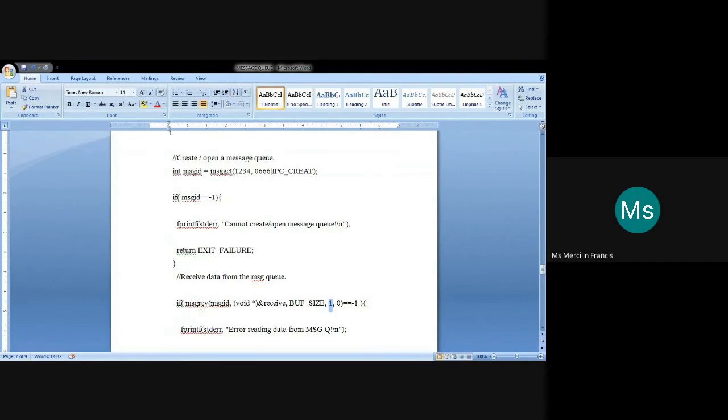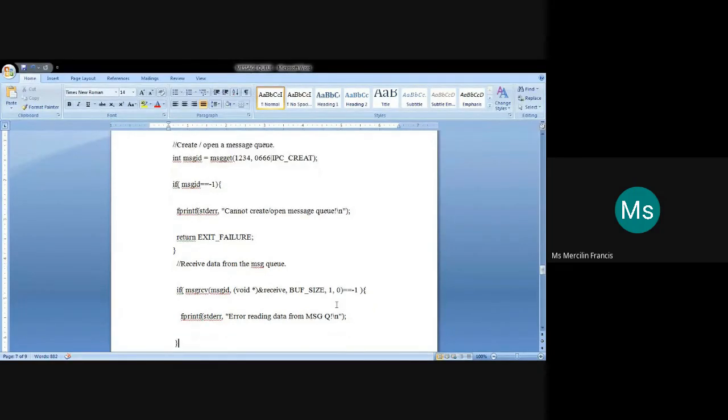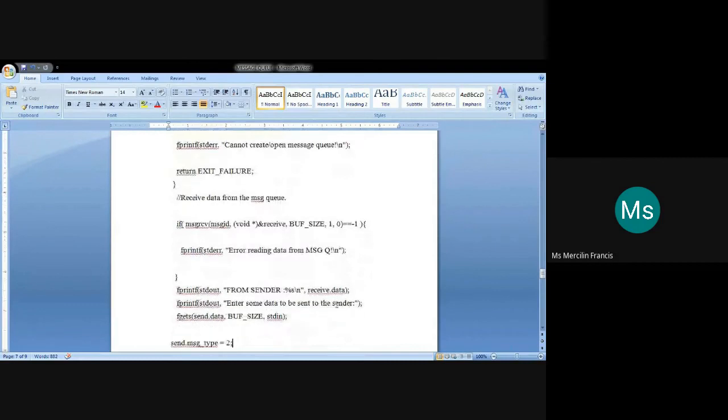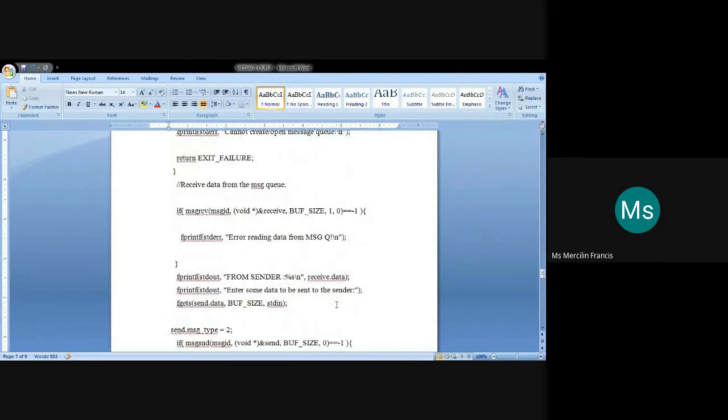In case of MSG RCV, if the fourth argument is given as 1, then it is reading the data of type 1. And the last 0 is given by default. If a negative value is returned from the MSG RCV function, then there is an error in reading the data.